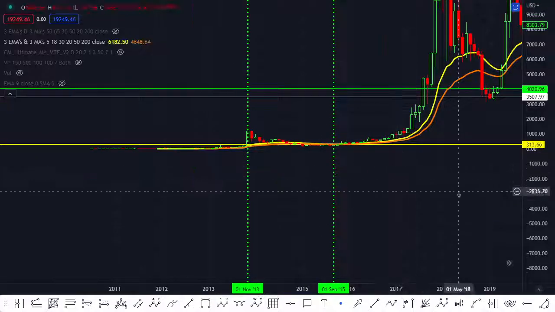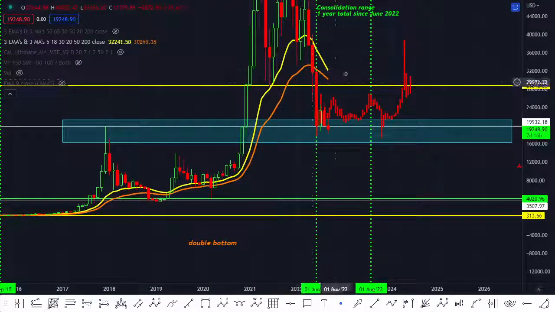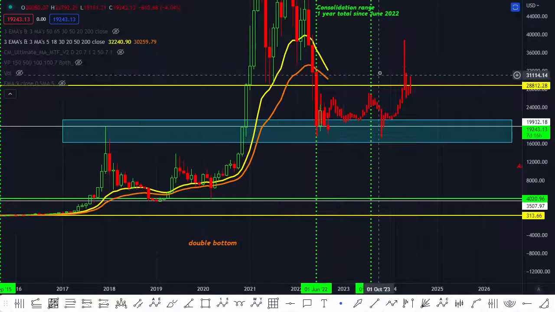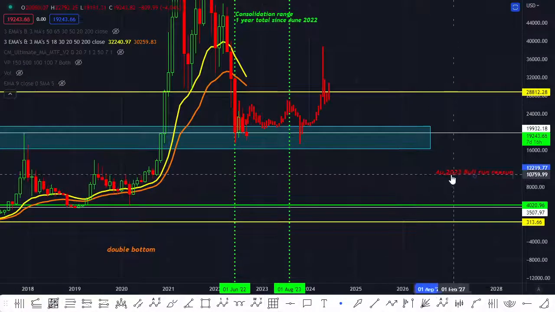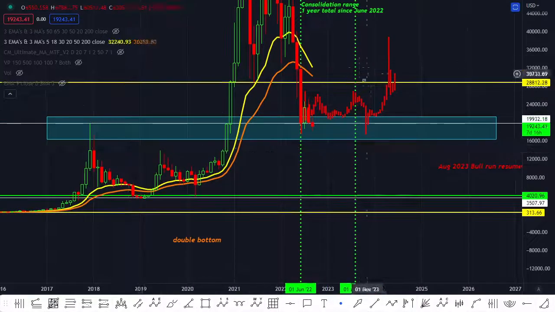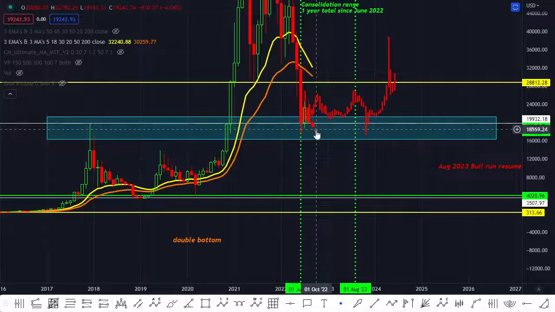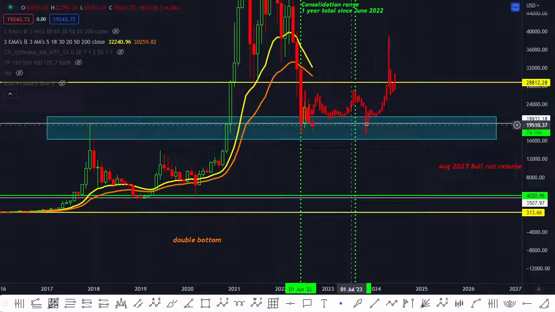So this is what I'm waiting for. I'm waiting for these two monthly EMAs to come very, very close to touching for us to rip to the upside. And this is going to take some time because currently they're at 32 and 30. I think it's going to take a couple of months more, and when these reach that 28, 27K area, that's when I'll start to really look into the charts and analyze it, and keep eyes on it, because upside could come very, very quickly. So you can have a monthly pump of 10-20% on Bitcoin very easily and miss the bottom. That's why DCAing is the best strategy right here.